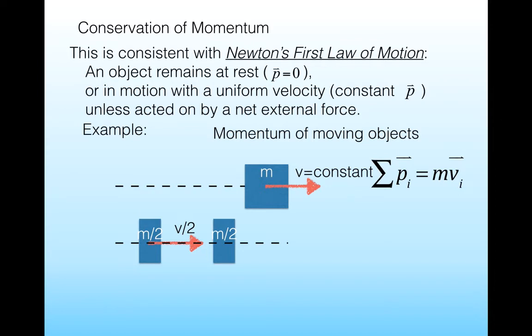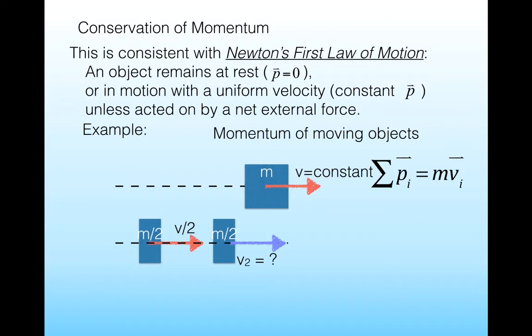And these two different blocks are going to move off with different velocities. So the first block will move off with half of the velocity of the initial block. And of course, the question is, what is the velocity of the second block? And so we can calculate this because in this system, even though it was moving, the fact that it was moving with a constant force initially and there's no external forces acting on it means that the momentum is conserved. So that means that the momentum of the initial block with mass m is equal to the sum of the